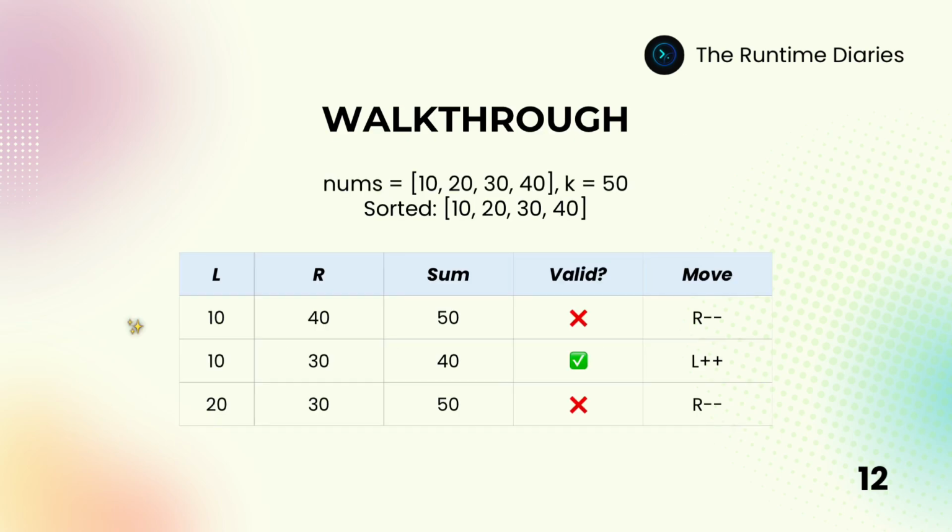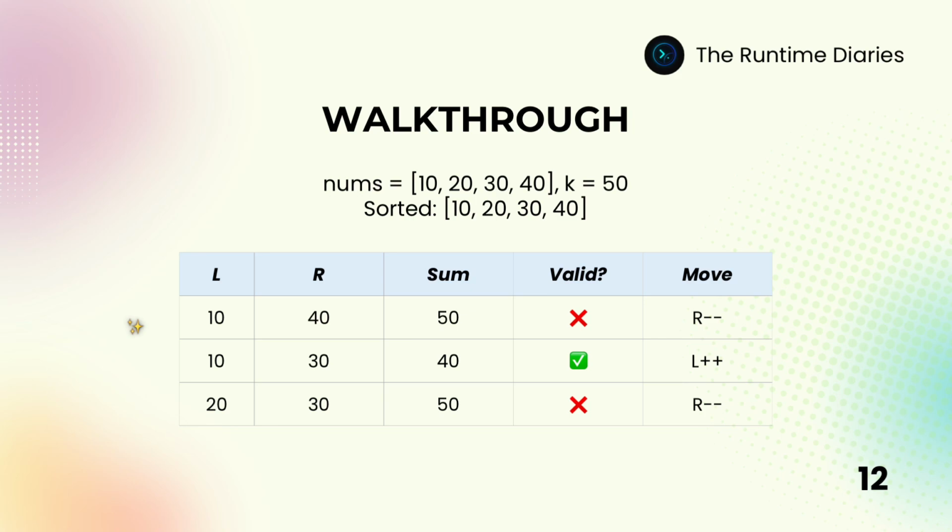Let's walk through a concrete example. Nums equals, from left to right in the array, 10, 20, 30, 40, and k equals 50. After sorting, the array is still the same. We start with left equal to 0 and right equal to 3. The first comparison is 10 plus 40, which equals 50, which is not less than k, so we move right